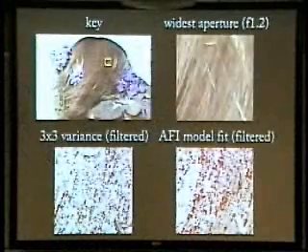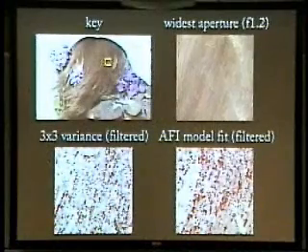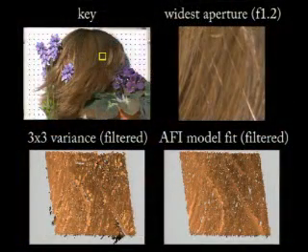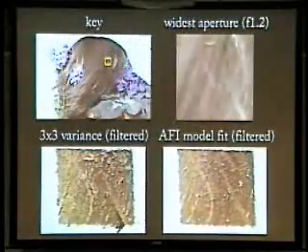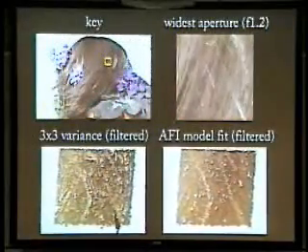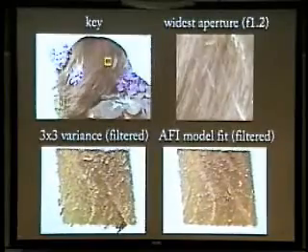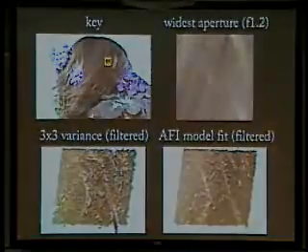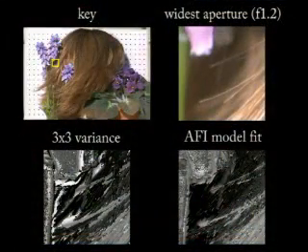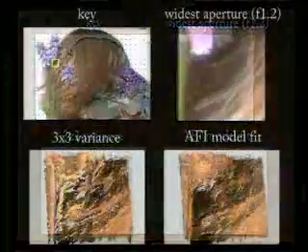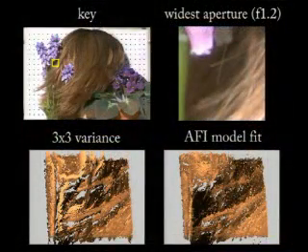Here I'm going to show that you can also do a basic kind of filtering and figure out which pixels are unstable, which pixels are uninformed, as in the totally textureless case. We can do this just by detecting pixels whose peak of the focus measure is too broad. This filtering can significantly help in the AFI model fitting case because it's so distinctive. In the 3x3 variance case, the filtering has little effect since the worst artifacts are just caused by bad modes in the first place.